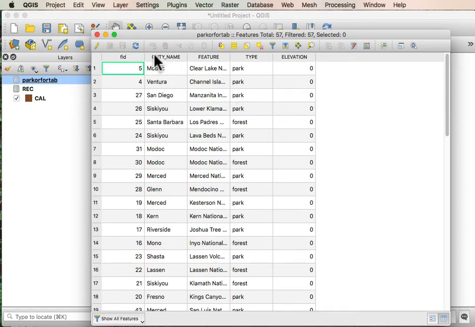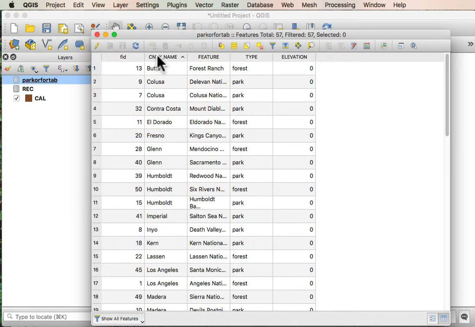and if I open it, I see that clearly there are only parks or forests in this type. Now, when I do a join, it still is an ill-considered join because I'll have two values here, so it's a many-to-one join on the county name Colusa to the Colusa in Cal, but it doesn't matter. Whichever one it picks, it's going to come through with the park or the forest. So for the type, I'll have a value, and for any county that doesn't have a match, then there will be a blank for the type or a null for the type,